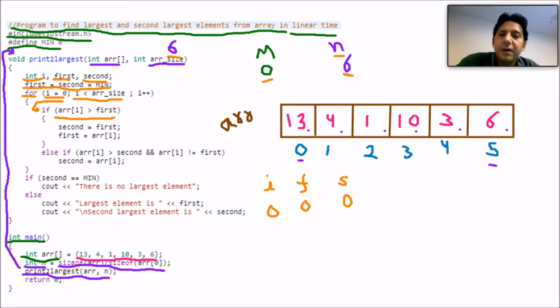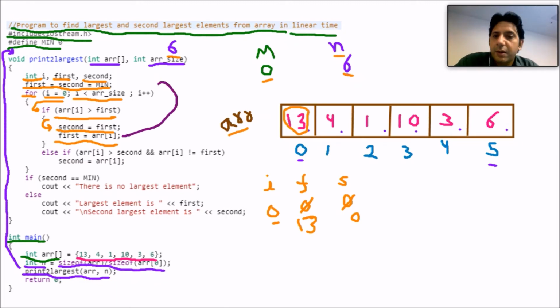Now arr[i], that means the ith element in the array, which is the 0th element, is 13. So 13 is greater than first, and first is 0, true. So it will come down. Now they are saying second is equal to first. So in second we are updating the value of first, which is 0. Then first is equal to arr[i], and arr[i] is nothing but 13. So we have replaced the value of first with 13.